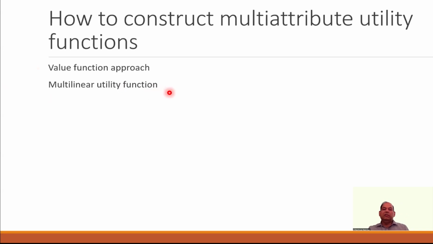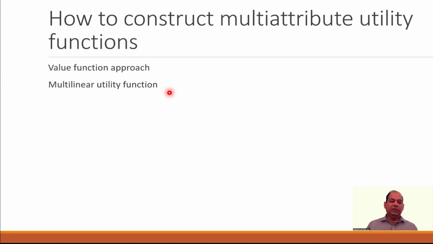The multilinear utility function approach relies on certain independence conditions, and takes single attribute utility functions. So you can individually assess single attribute utility functions associated with all of your attributes, which is something that you already know using any of the assessment procedures, and then you can combine them using the multilinear function. Now that is, I would say, one of the better techniques in terms of applicability. I've used it quite a bit in my research, and I think that it's easy to construct. It's intuitive and it works, except that it depends on those independence conditions, which we will talk about